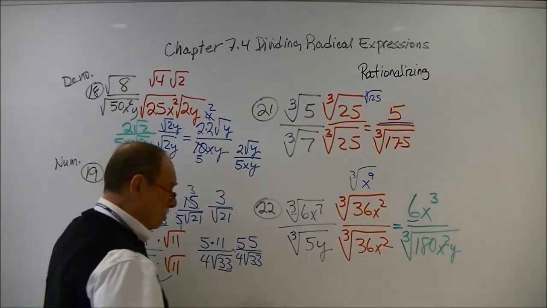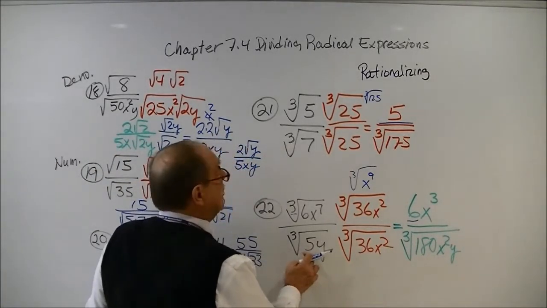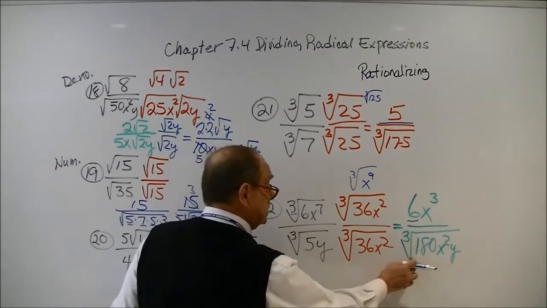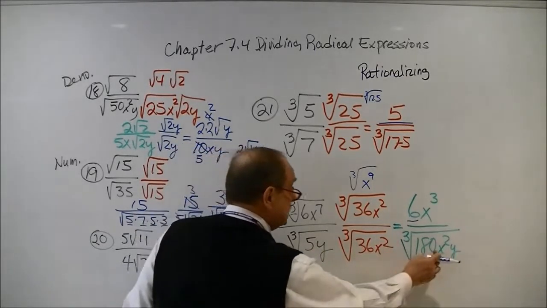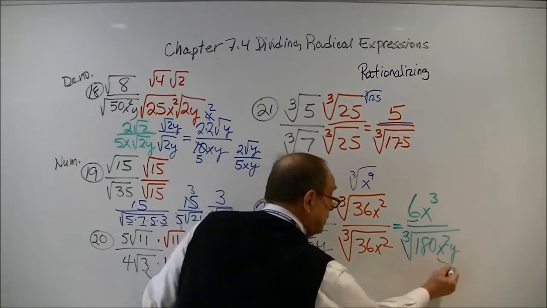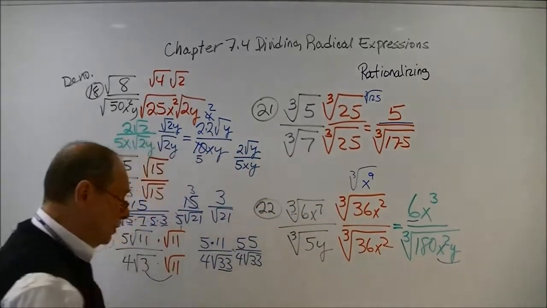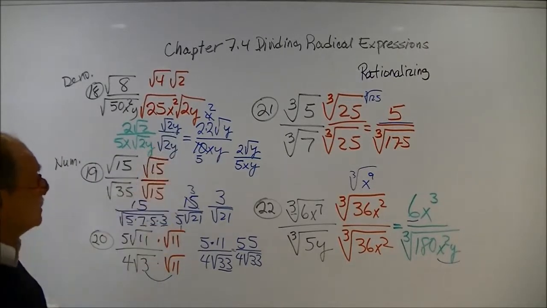Now I just multiply my denominator. 5 times 36 is 180. Y times x squared is x squared y. I put them in order. We're allowed to change the order of it. And then this winds up